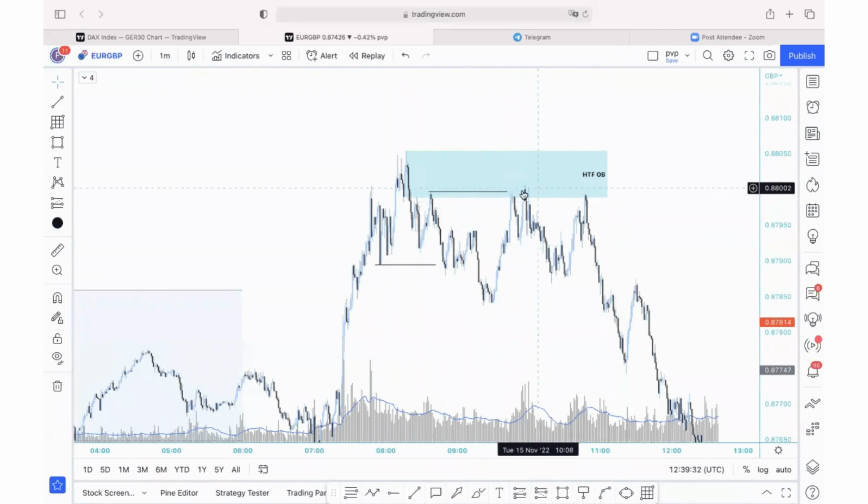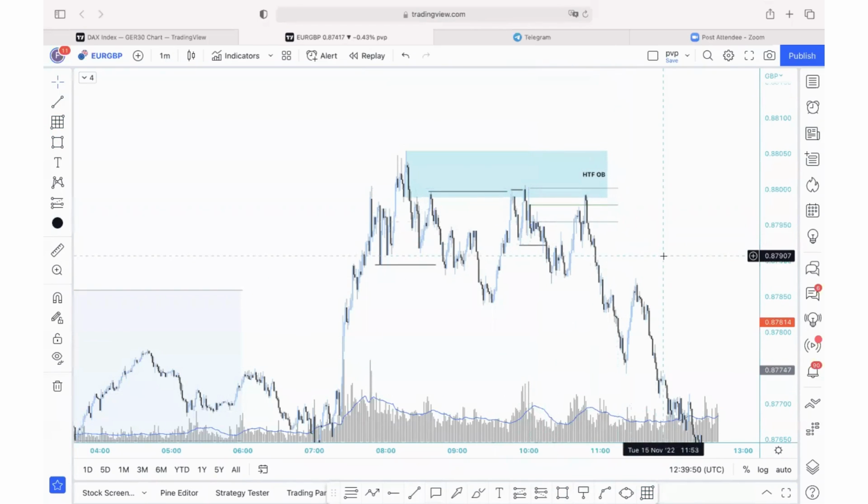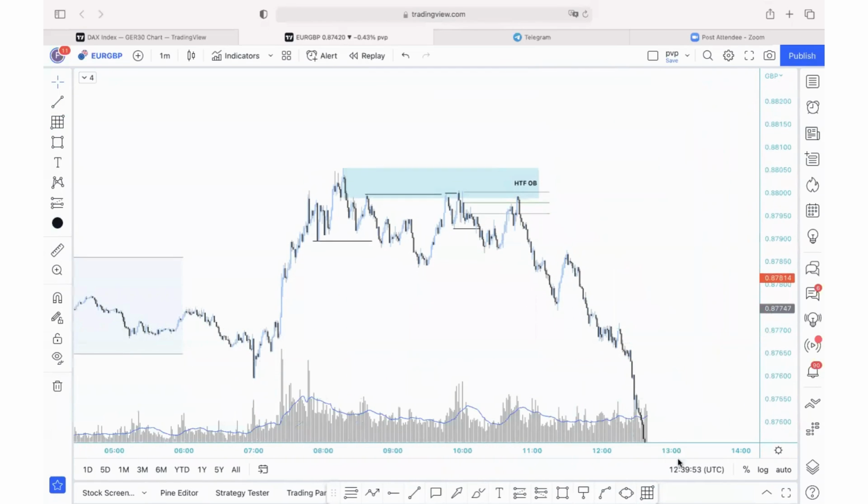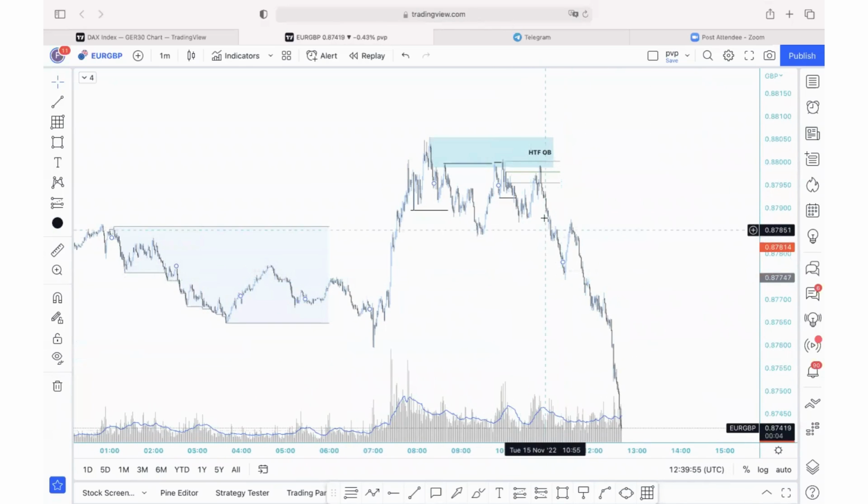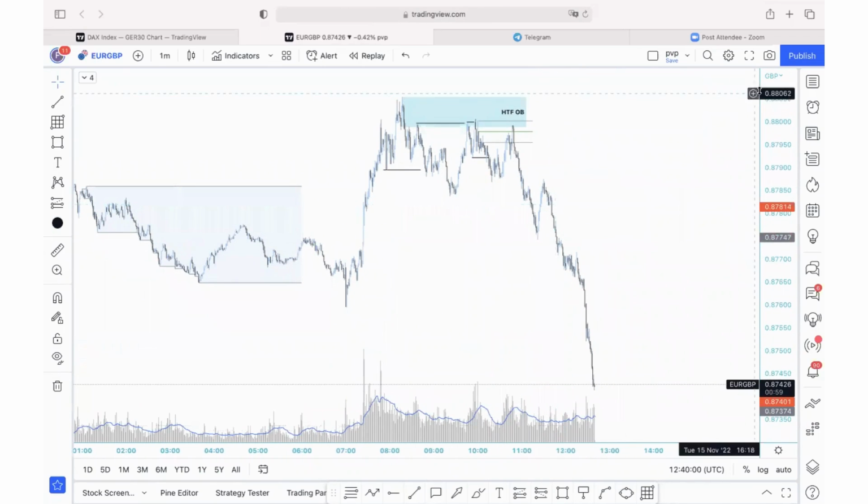If you don't want to take the trade right away with a pending order here, we have this confirmation with a nice alignment of lower time frames, break to the upside, break to the downside right here, and then trade from supply. So this could have been the possible scenarios. It wasn't during my trading time. I will never trade at 11 a.m. London time. I will never take this trade. But as far as an example on charts, this is good. As far as timing, it's very bad.